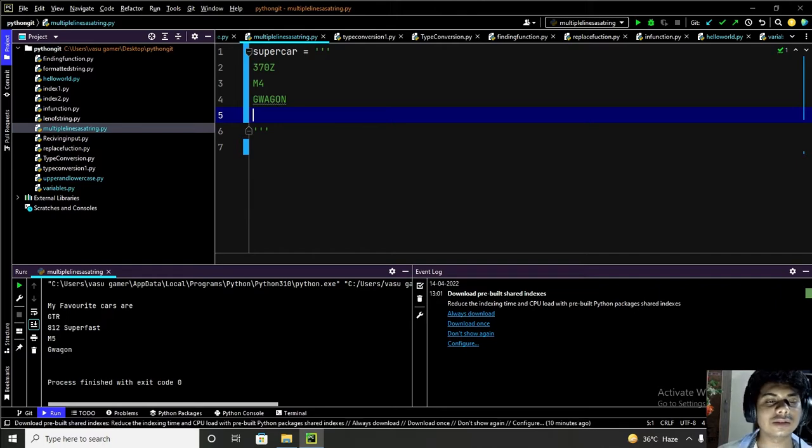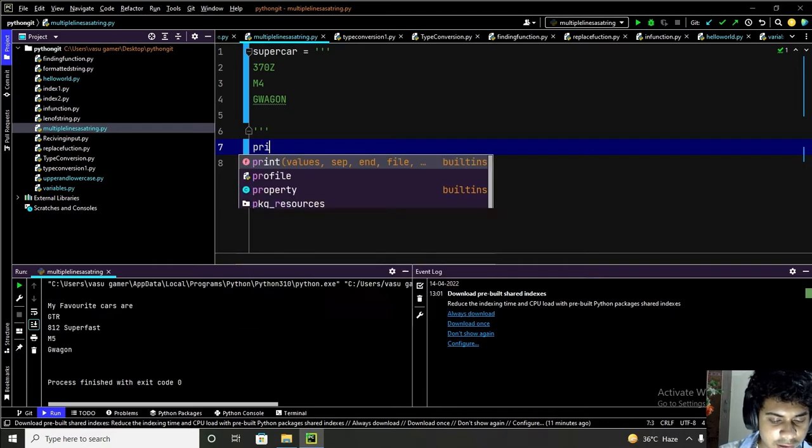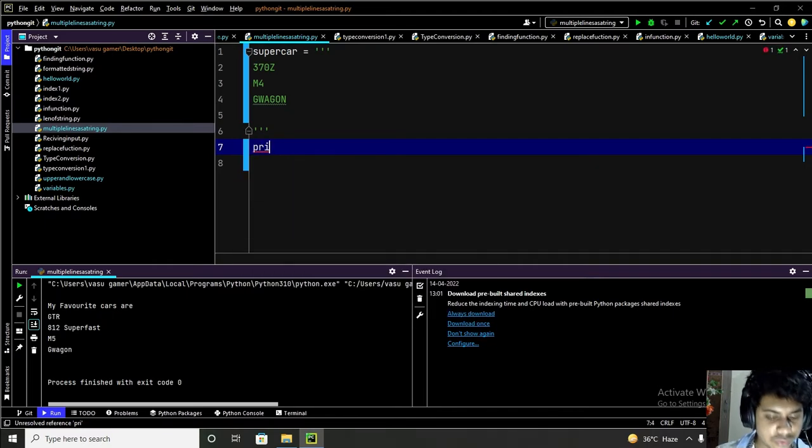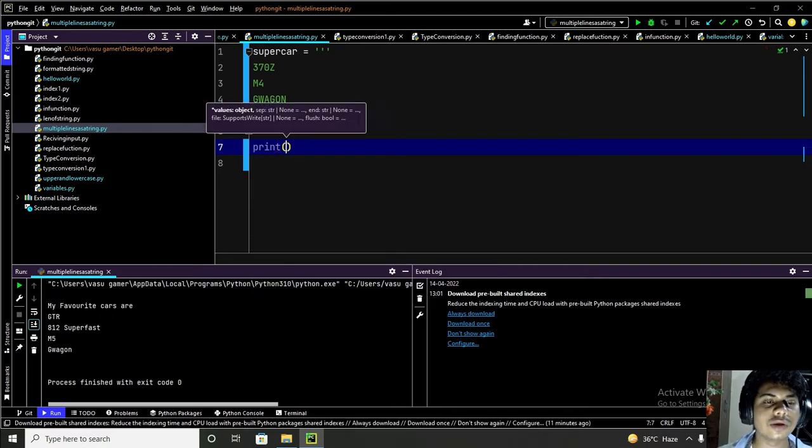So I think this is enough, because I have created 3 multiple lines, 3 multiple strings. So if I run this, first I have to print that variable also. Every time you declare a variable, you also have to print that. So now my variable name is